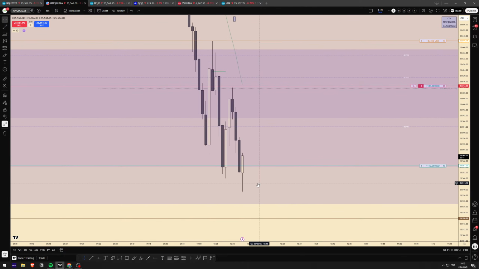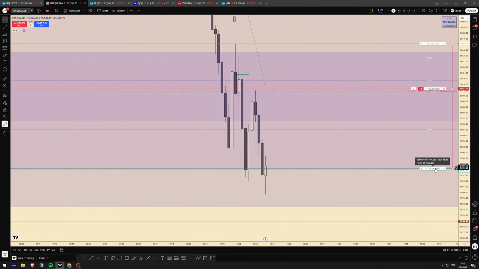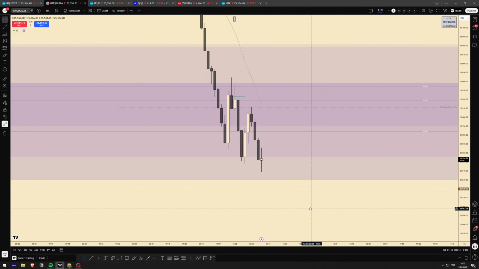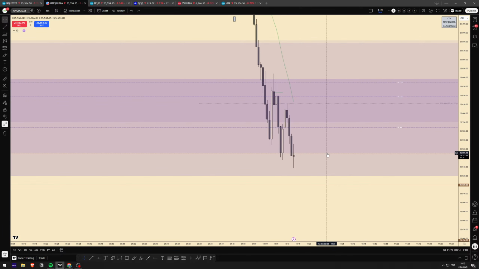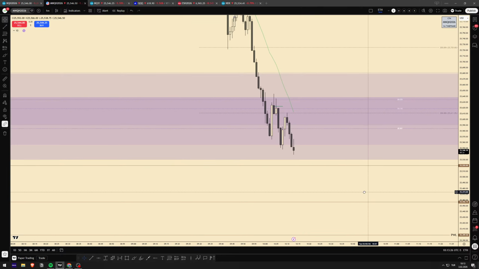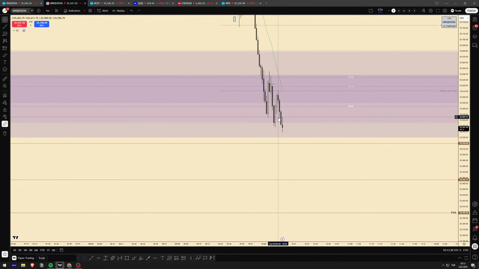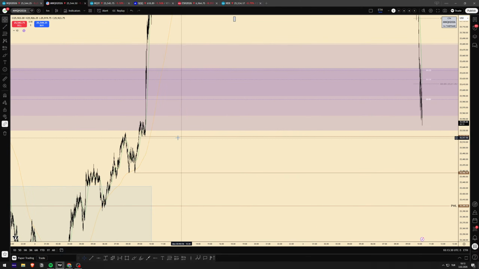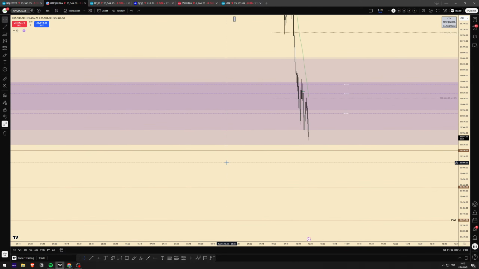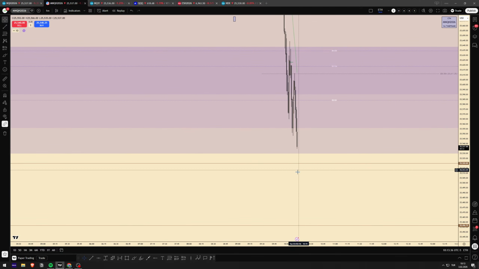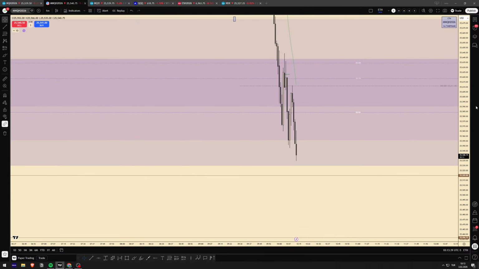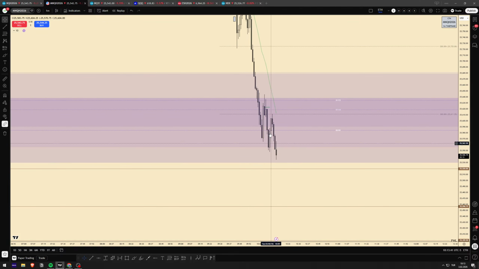Oh, I couldn't exit. It might still take the order, and it did. So I believe it might keep going lower. Take out these levels. I didn't carry the position, even though I believe it might go lower, just because